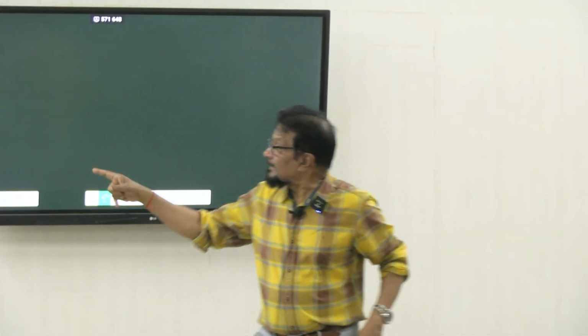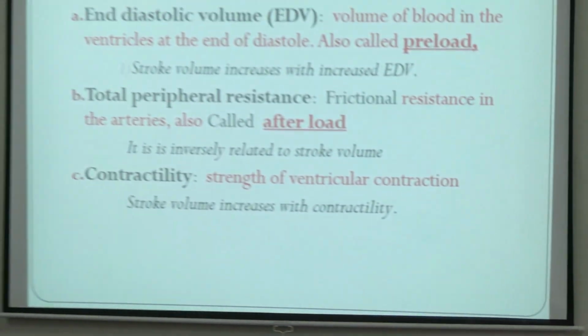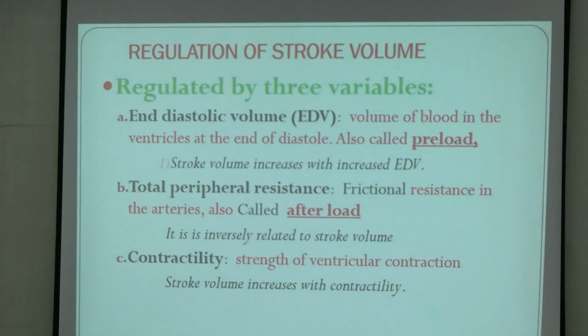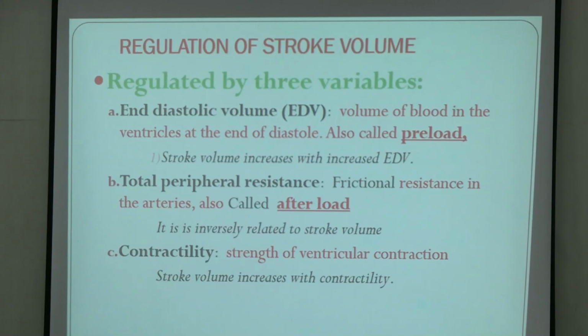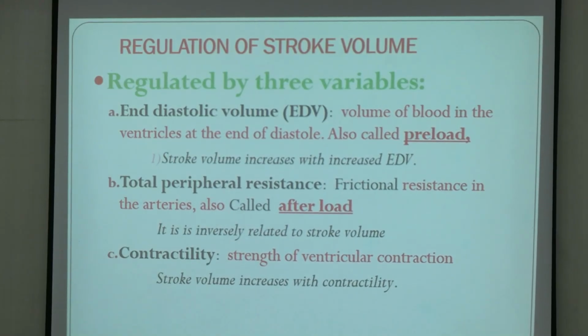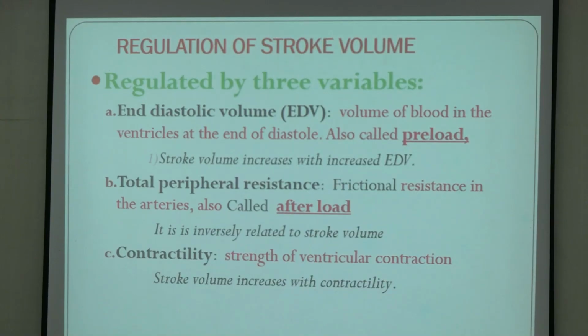Okay, and the contractility. Contractility is the strength of the ventricular contraction. Stroke volume increases with contractility. If the stroke volume is more, that is, it has stretched more, so this will be contracting with more force. So this is if the muscles are having, say for example,